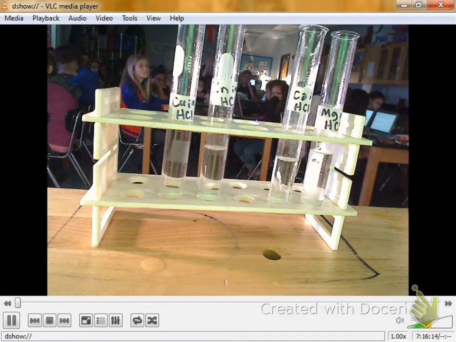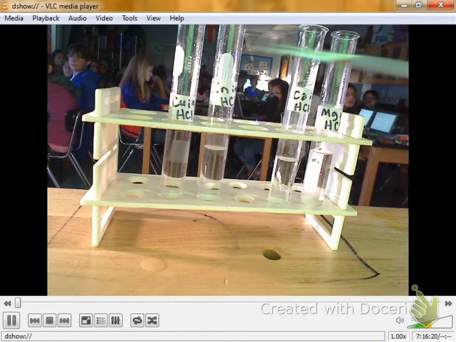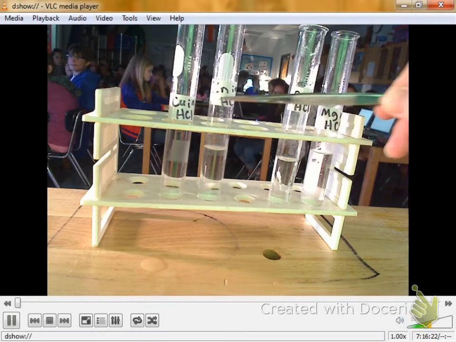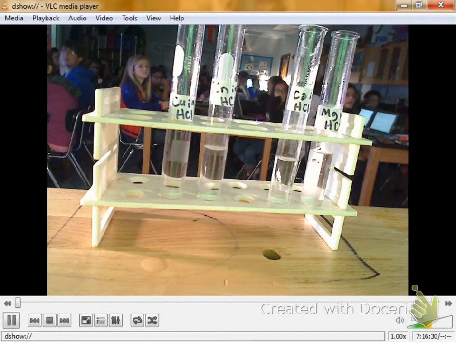Alright. Every time I do one of these demos, I have my test tubes and my beakers labeled. These are the copper and hydrochloric acid. Here's zinc and hydrochloric acid. Calcium and hydrochloric acid, and magnesium here in a few minutes. Alright. Transition metals. They're important to our lives. You know, we use them every day. But as far as reactivity goes, alrighty, here goes the copper and hydrochloric acid.